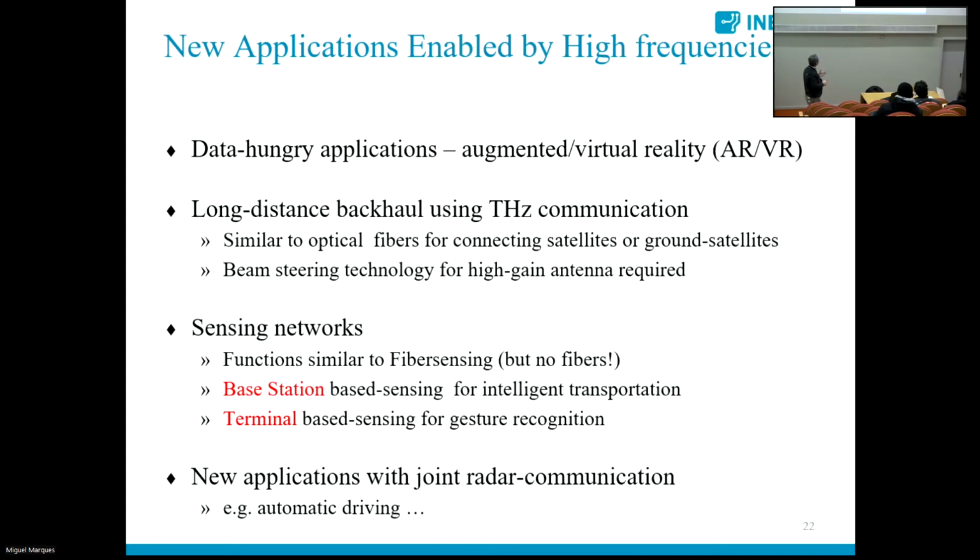And research needs to be done for that, for instance, on controlling the direction of the antennas. We are going to need to do that, because we have to have these transmitter and receiver antennas always well aligned so that we can enable communications. Then there is something that is also very important.